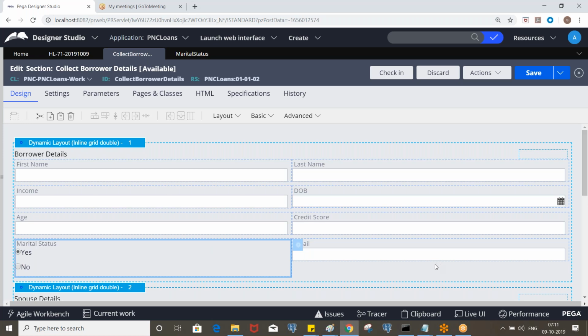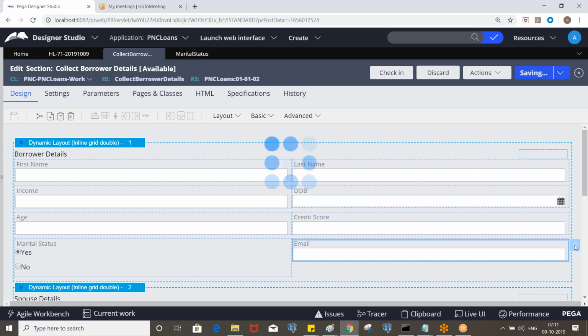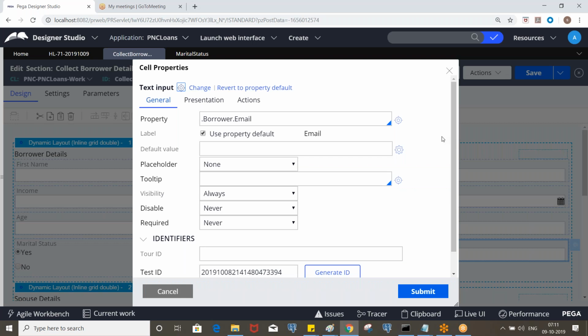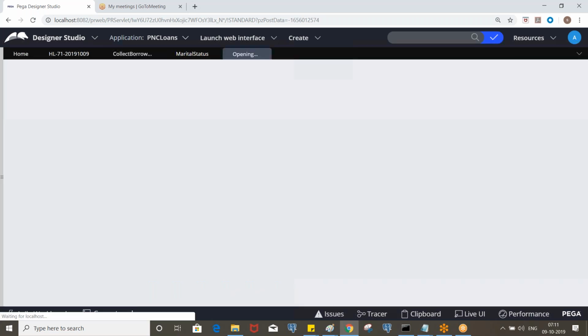Okay, so now if we take any kind of email, @ is mandatory, right? Without @ it should not accept. So if you enter the email without @, it has to display an error message. Okay, so for that we have an edit validate out of the box rule that we can apply here. So let's go to the email property.